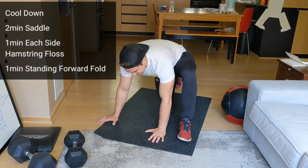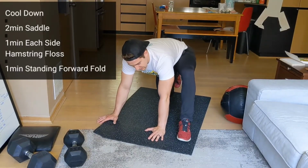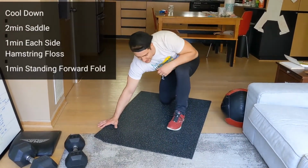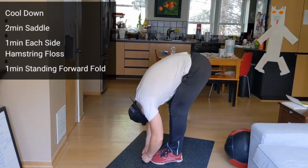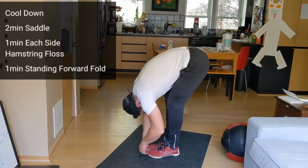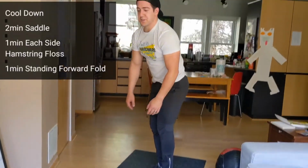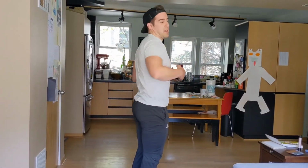And then something that I always like to do when I've done a lot of extension, and by that I mean all of the deadlifts and hang power cleans for today are all extending your low back, is that I like to just do a standing forward fold and just let it go. So we're just gonna hold that position. You can hold your elbows, you can bend your knees, you can straighten your legs, whatever feels good for you, but we're gonna hold that for a minute just to try to release everything back here,